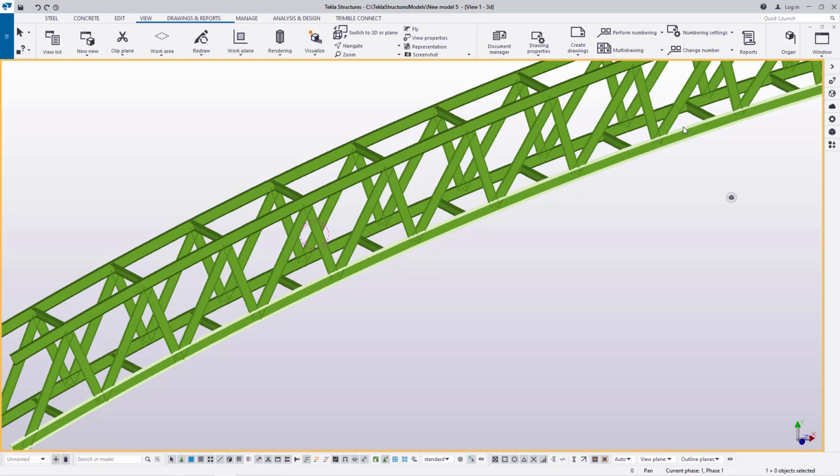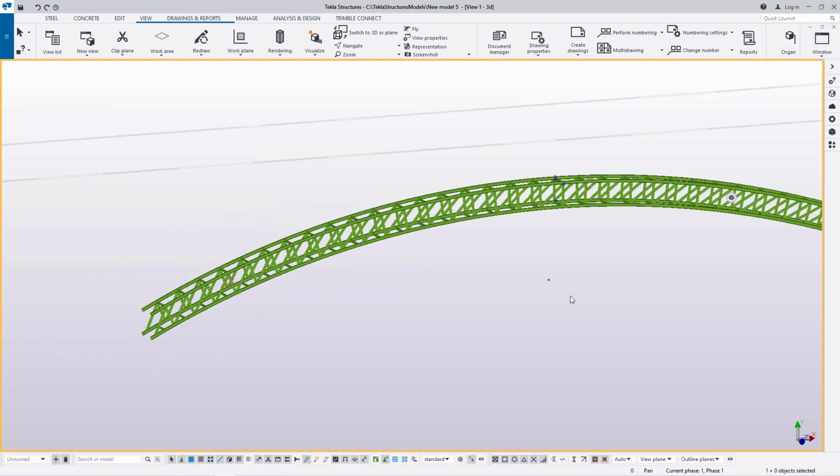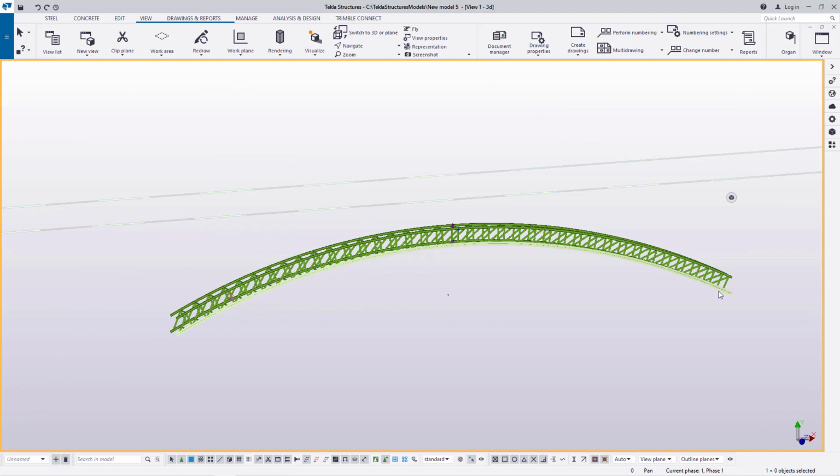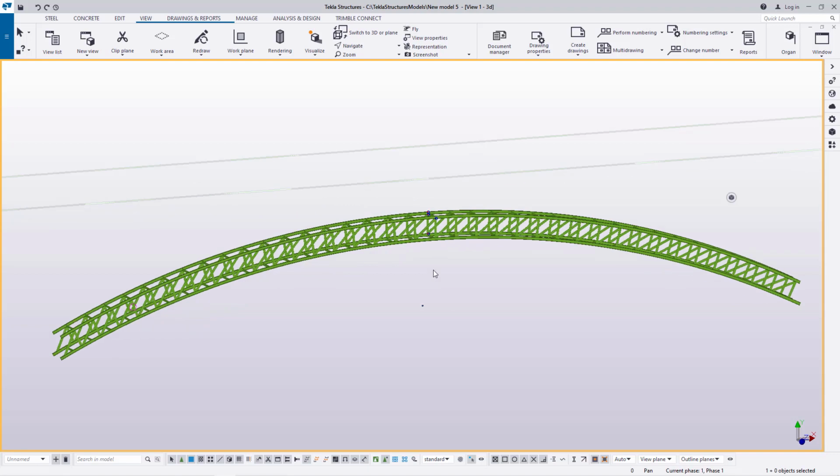So once you get this curvature height, you can either go with calculations, or you just use the cambering method. You feed in the camber, and this curvature will come, and you copy and offset these beams to create a